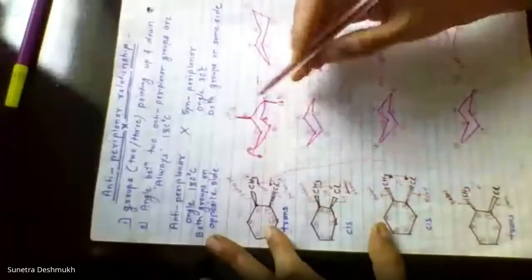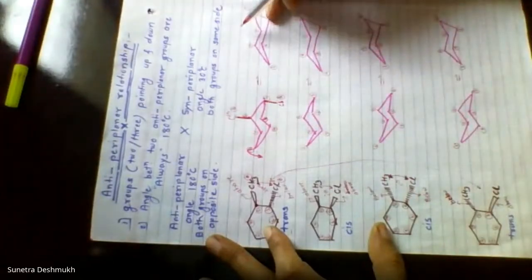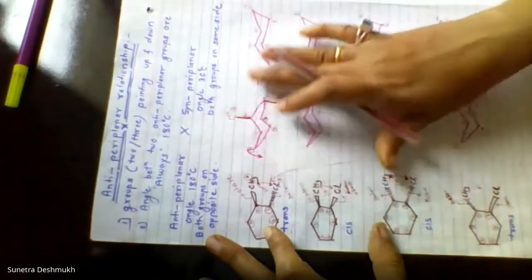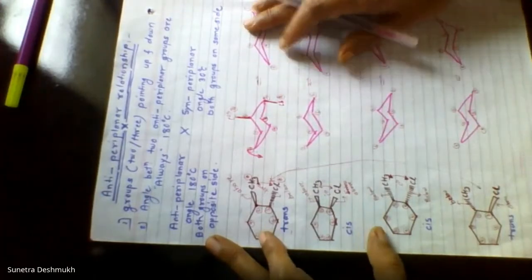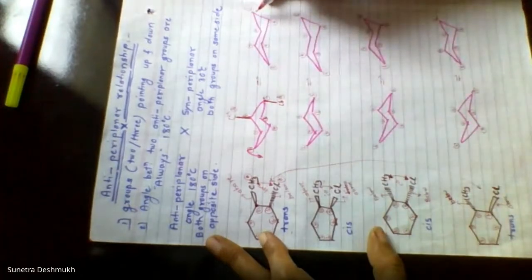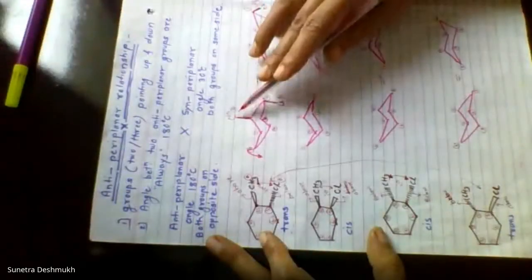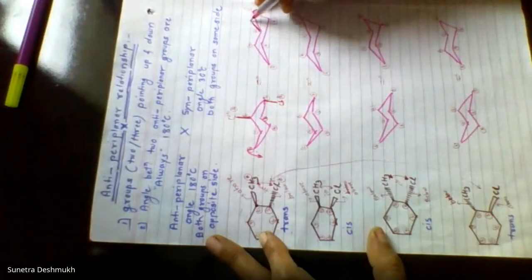Okay, now flip the molecule. I will flip the molecule. Now I will pull the fourth carbon atom to the downside. So once I flip the system, axial becomes equatorial, equatorial becomes axial. Both are axial, so now they will be equatorial. At the first position, chlorine is here, so axial becomes equatorial. I will draw it here. And at the second position axial becomes equatorial, pointing above the plane, equatorial.